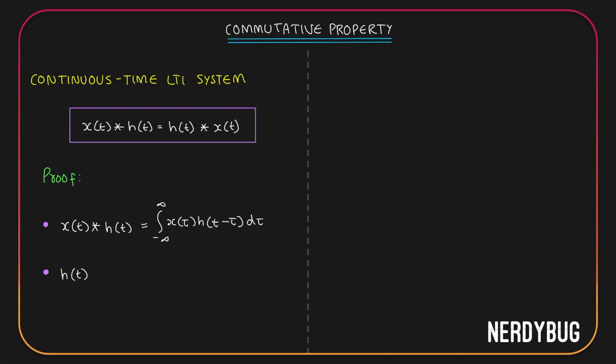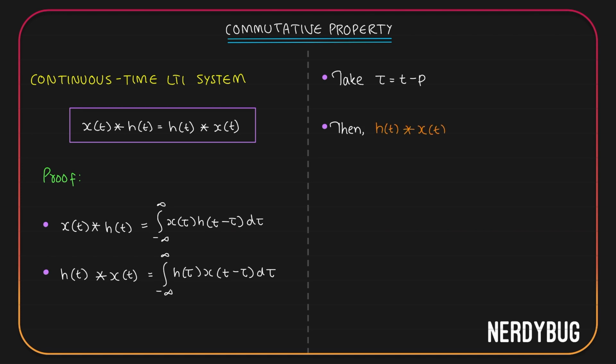Similarly, if I am taking h of t first and then x of t, I will get integral from minus infinity to infinity h of tau x of t minus tau d tau. To prove that they are equal, we will take tau is equal to t minus p, where p is some integer. Then if we take the convolution of h of t with x of t, by definition it is